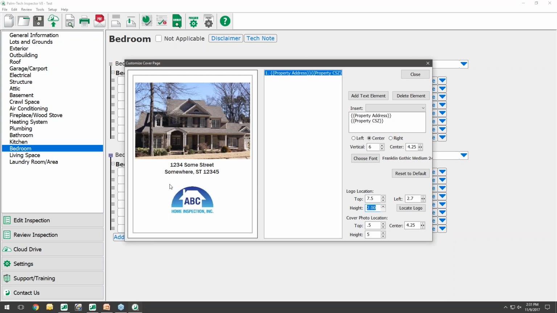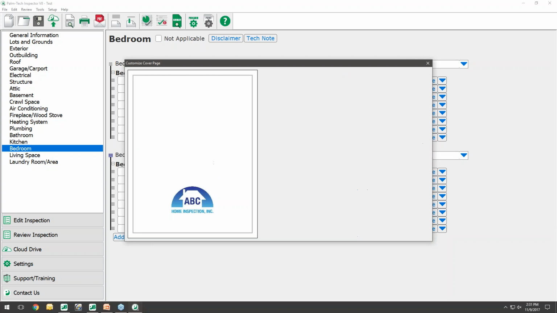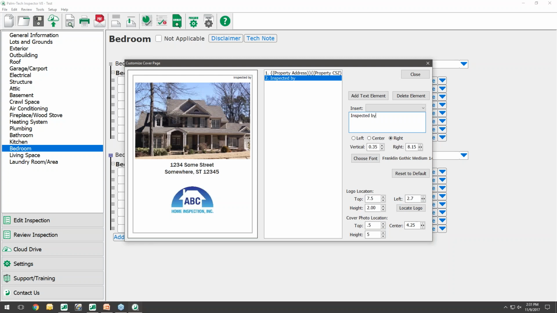And then from here, we could leave it like that, but let me show you how to add something new in. So let's say we wanted to add in my name, right? So who it was inspected by, along with the inspection dates. And so to add in new text, I can just do Add Text Element. And again, it just sticks it up in the corner. So here we'll just type what we want. And so I'm going to say inspected by, and if I wanted, I could put my name here, Adam Singer,